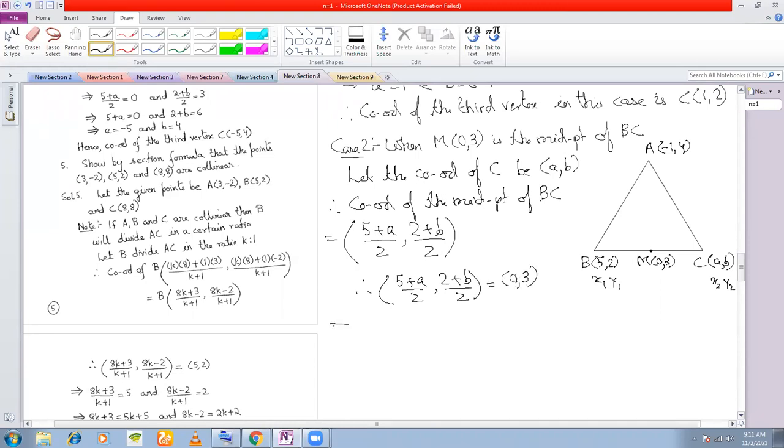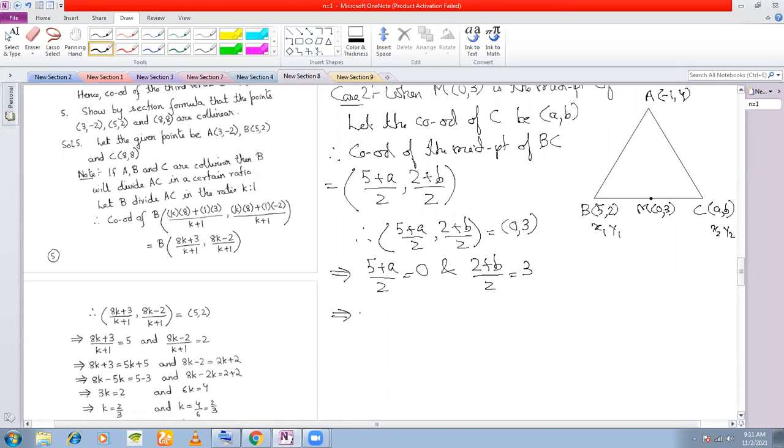Now you equate the x coordinates and the y coordinates separately. We have (5 plus A) by 2 is equal to 0 and (2 plus B) by 2 is equal to 3. You simply need to solve these two equations. So you get 5 plus A is equal to 0 and 2 plus B is equal to 6. Means you get A is equal to -5 and B is equal to 6 minus 2, which is equal to 4. So in this case, coordinates of the third vertex C